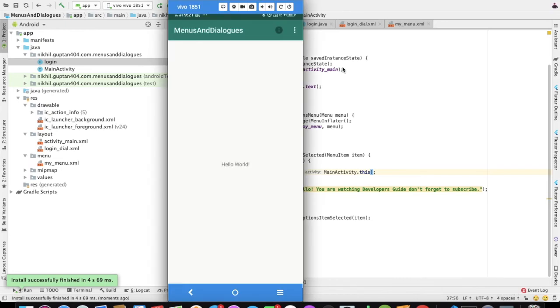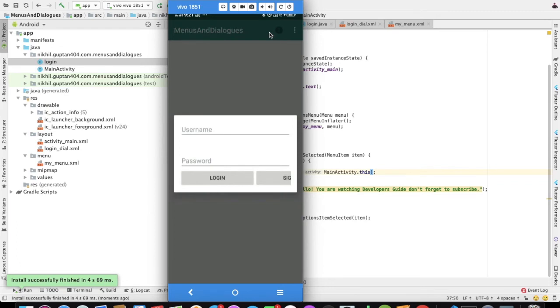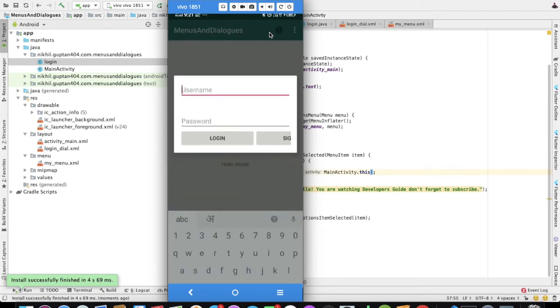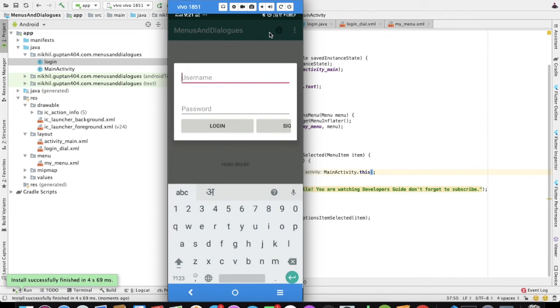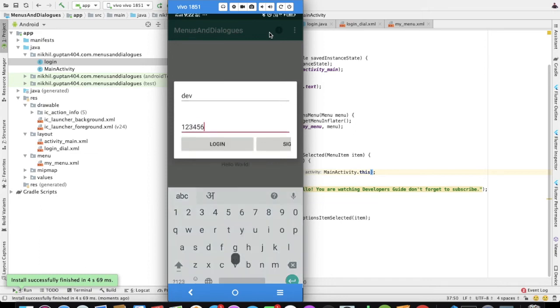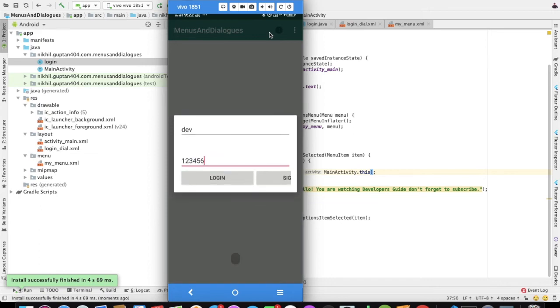So once we click on login, you can see, okay, we need to change the size of this button, but let's go ahead and check it for now. Username, let it be. Okay. We made a mistake here, but see, you can see the toast is displayed here, but nothing is displayed